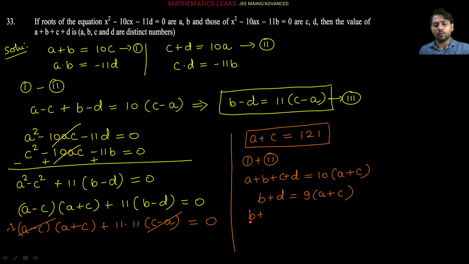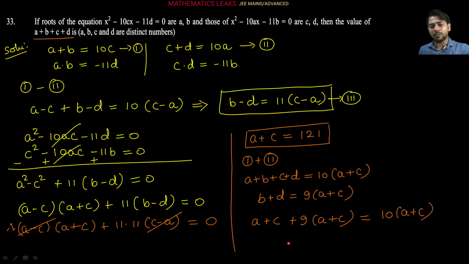already we are having 121, so directly we can get the value, that is a plus b plus c plus d value they are asking. So a plus c we are writing here, and b plus d is what here? 9 times a plus c, right now. So that is here basically a plus b plus c plus d meaning, right now. This is nothing but b plus d, as you can see from the previous equation. So this is a plus b plus c plus d, that is nothing but 10 times of a plus c.